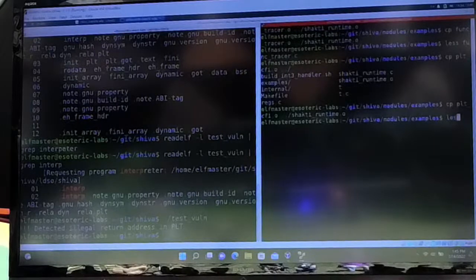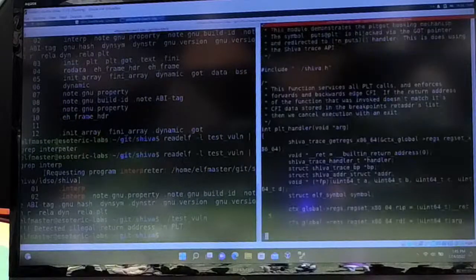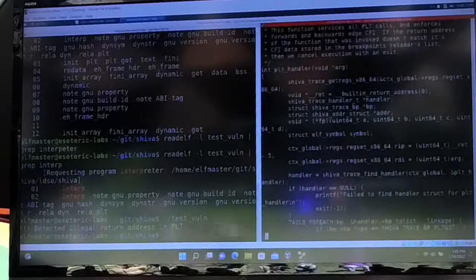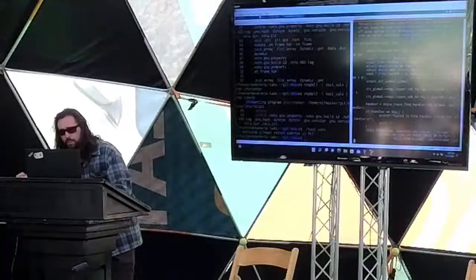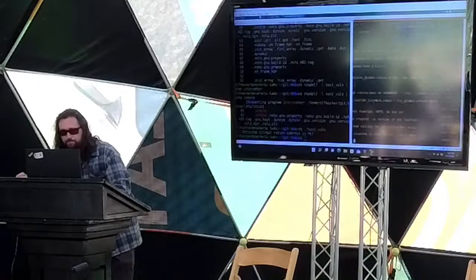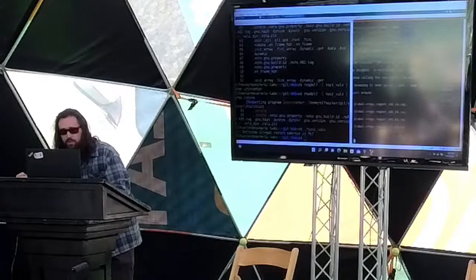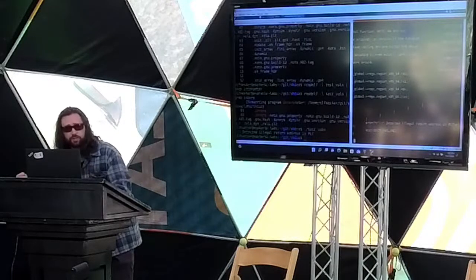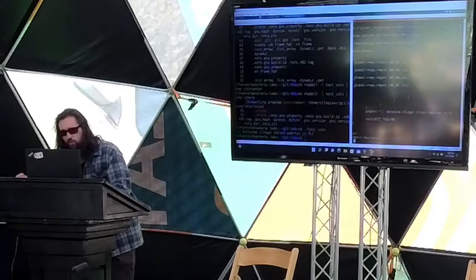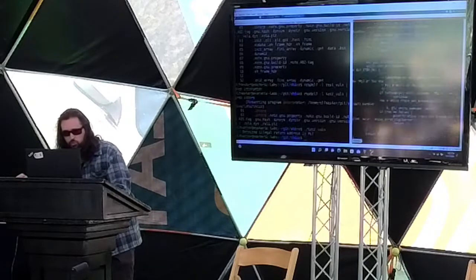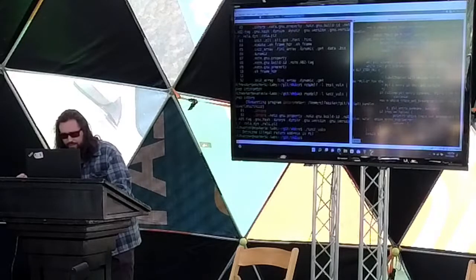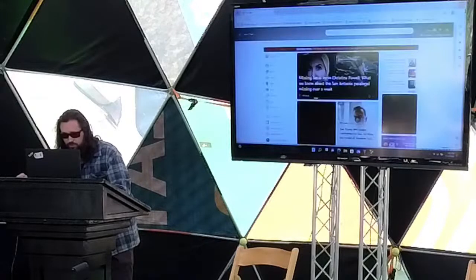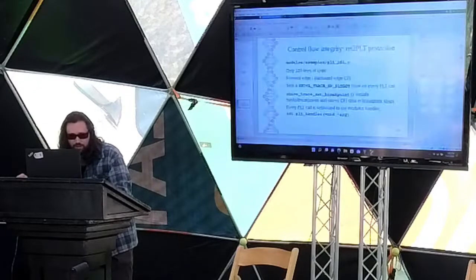Just a quick look at this code. Again, a module, you've got this PLT handler function. So every time a PLT function's invoked, whether it's called or somebody returns into it, the control flow information is checked. There's a lot of really nice data structures in the Shiva context struct that give you access to things like control flow integrity and control flow information and things like that. So again, simple little module here. And next we have,